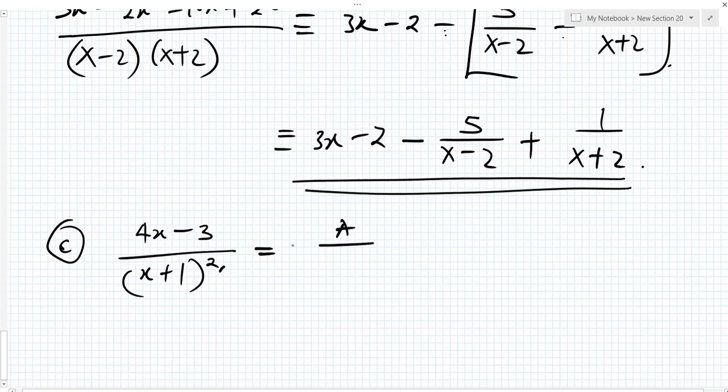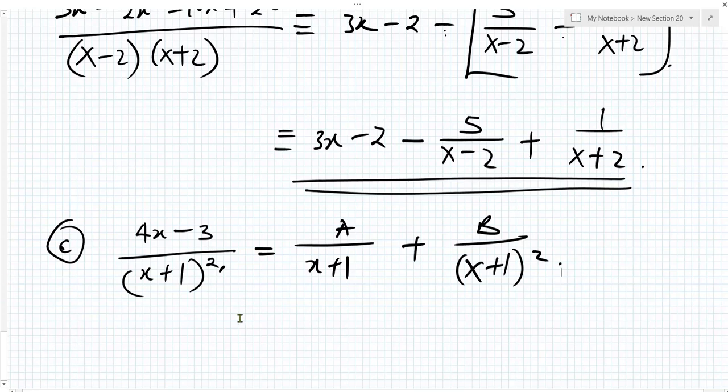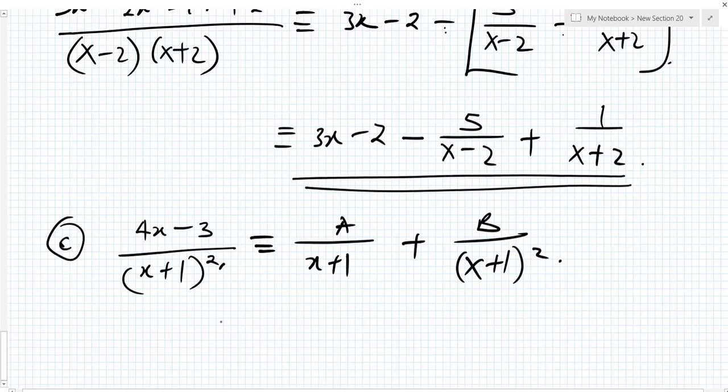You say a all over x plus 1 plus b all over x plus 1 all squared. So this is equivalent to this. So this will now be the lowest common multiple, x plus 1 squared. So you will now have x plus 1 squared all over